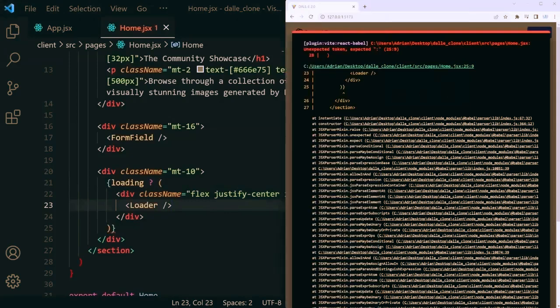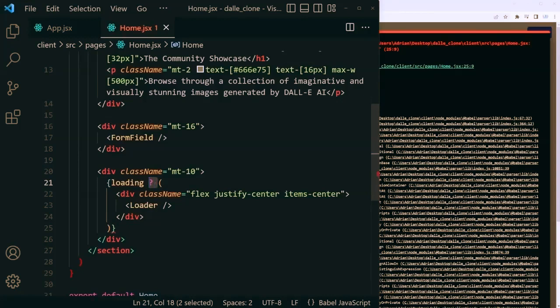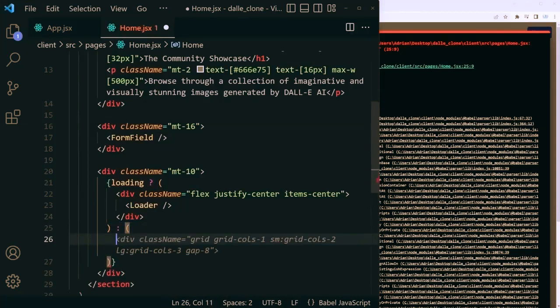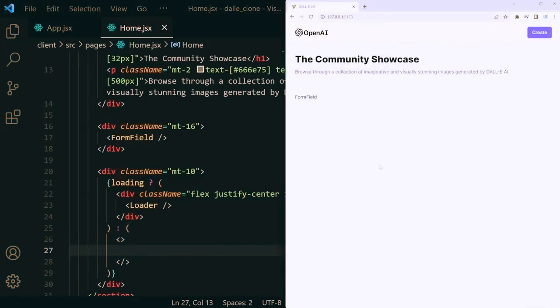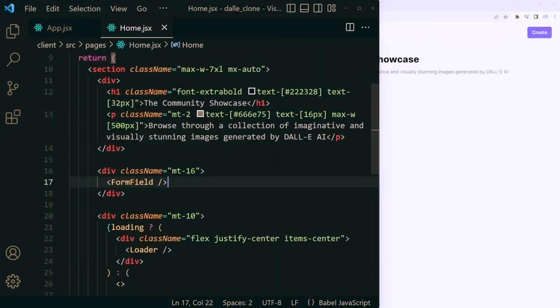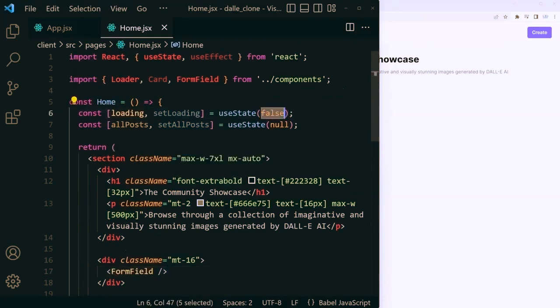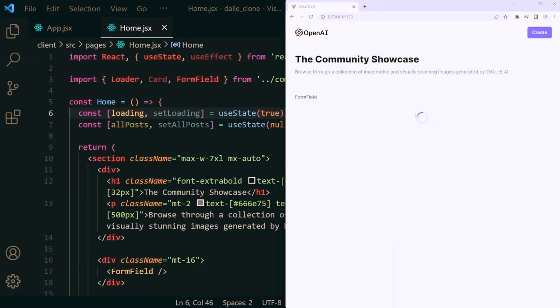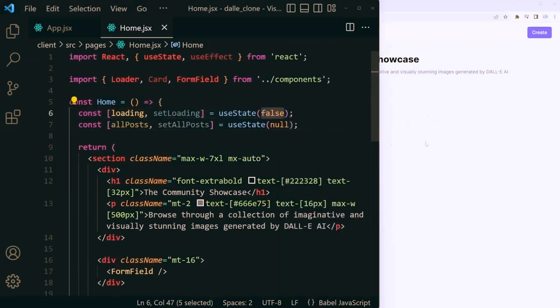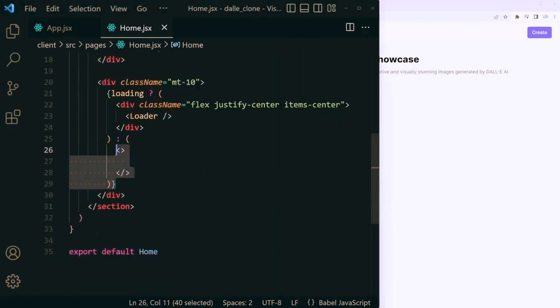Now, of course, we're getting an error because we used a ternary operator. That means that we have to provide the OR part of the statement as well with a colon sign. So let's create a new pair of parentheses and let's render an empty React fragment. That's going to immediately fix it. Now, if we want to see that loader, for now we can simply set the loading to true. And there we go. You can see how that's going to look like. We can bring it back to false and we can continue with our layout if we do have any images